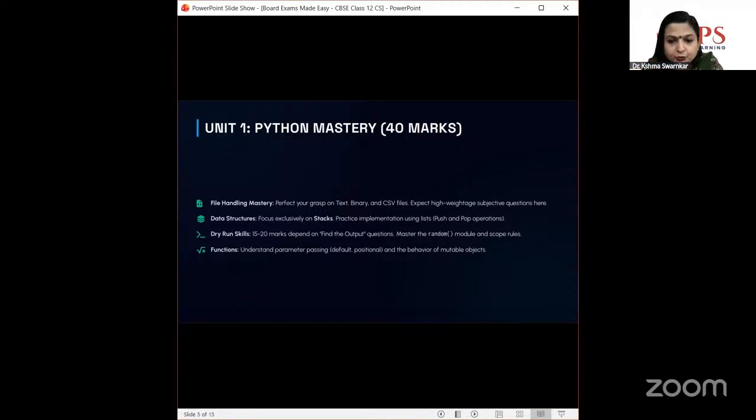Like, you have to understand what the question is, how to go ahead, and what the stacks are, which is clearly mentioned in your syllabus. And the most important thing: dry run. You have to understand how to go, and you have to first make your mindset and first understand the questions,